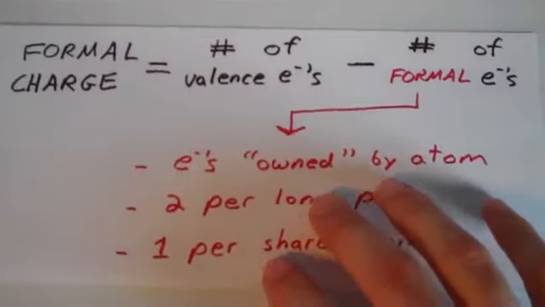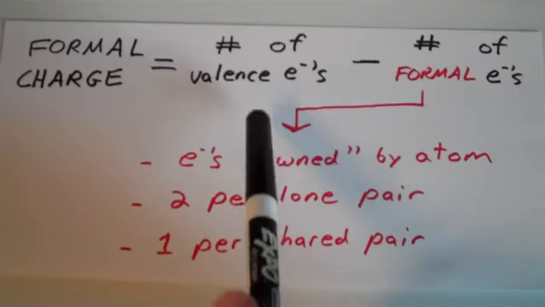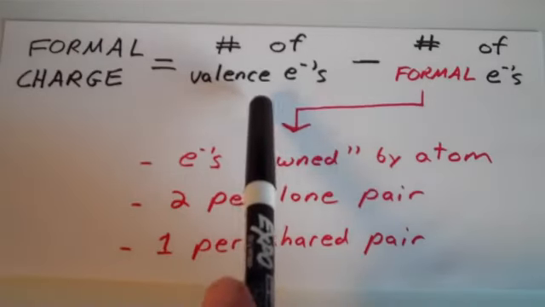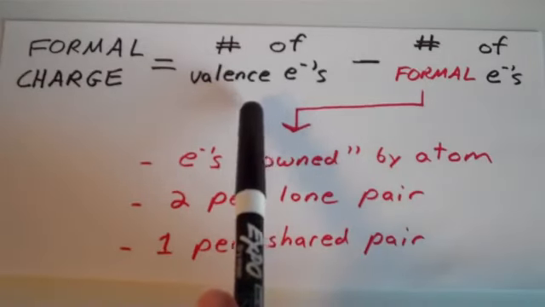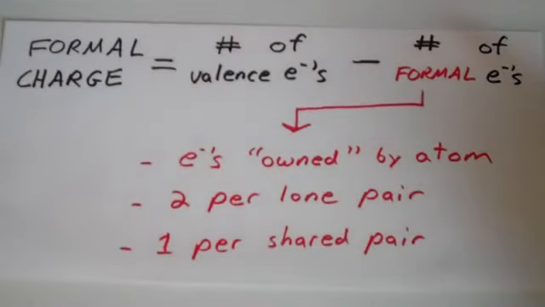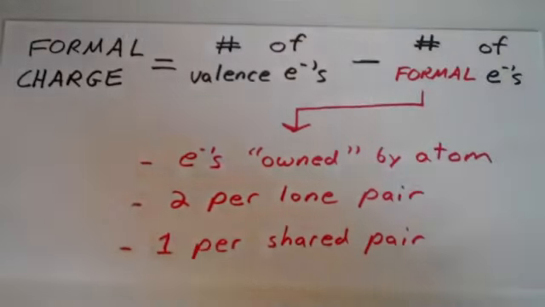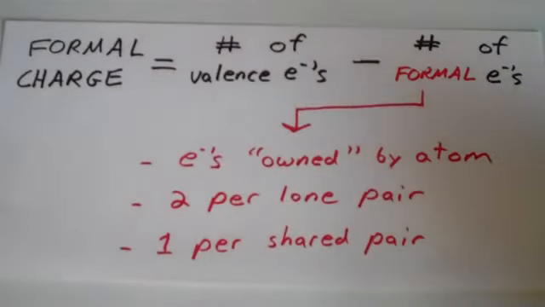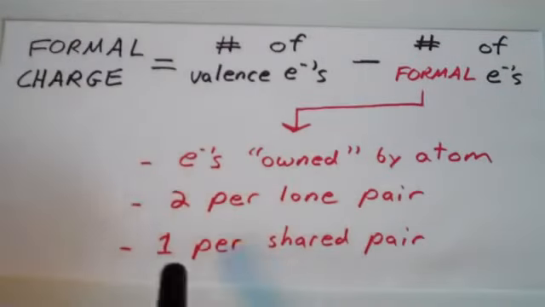To calculate the formal charge of any atom, you take the number of valence electrons that atom has, which if it's a main group element, is as easy as just looking up the group number. Number of valence electrons minus the number of formal electrons that atom has. So basically what formal electrons are is they can be thought of as electrons that are owned by an individual atom. And the way that we calculate that is we take 2 per lone pair and 1 per shared pair